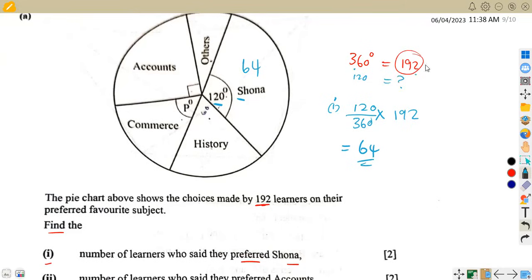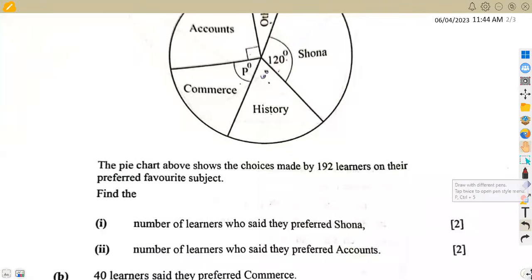So 120 over 360 times this, still one and the same. All right, on item 2, we are given in this case to find the number of learners who say they preferred accounts. All right, so that is 2 marks. So using the same approach, remember, we calculated the one for Shona here, we got 64. From the same indication that we had to say that